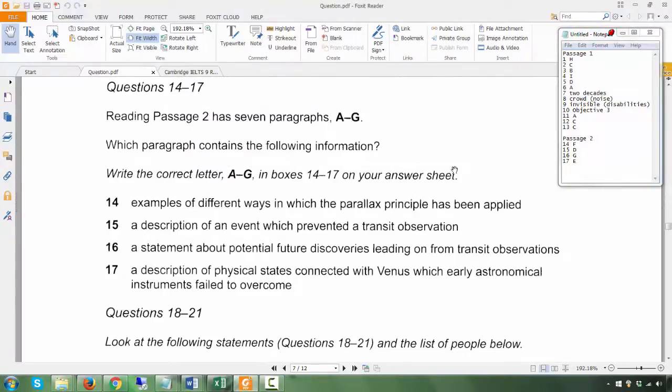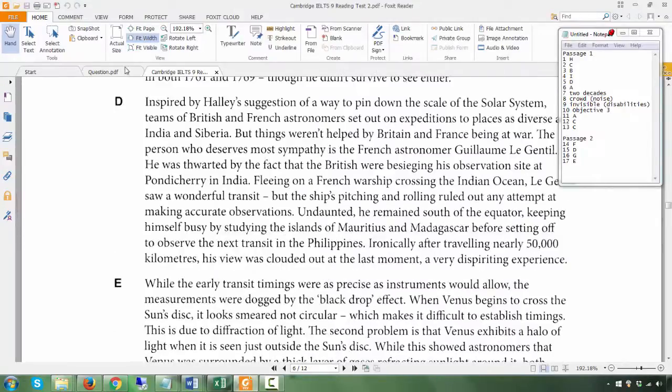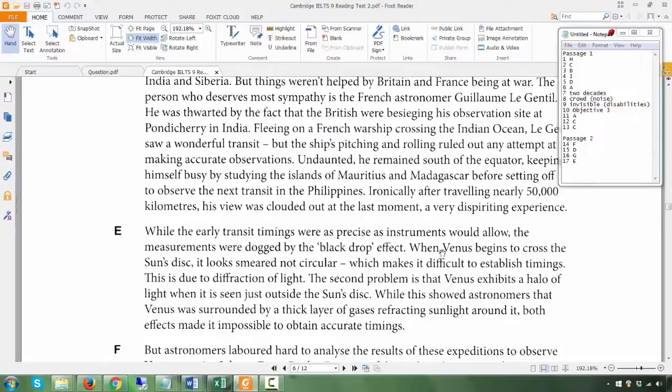A description of physical states connected with Venus which early astronomical instruments failed to overcome. A description of physical states connected with Venus. Okay, here's Venus. Which early astronomical instruments failed to overcome. So while the early transit timings were as precise as instruments would allow, the measurements were dogged by the black drop effect. So this is basically a description of physical states connected with Venus which early astronomical instruments failed to overcome. All right, so